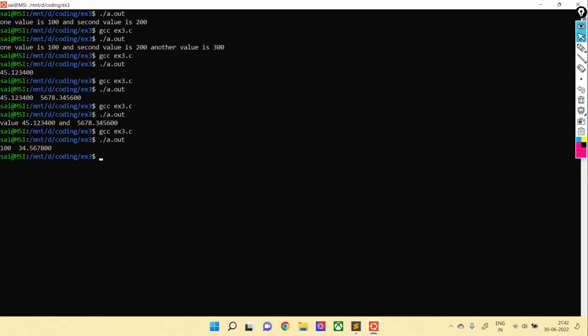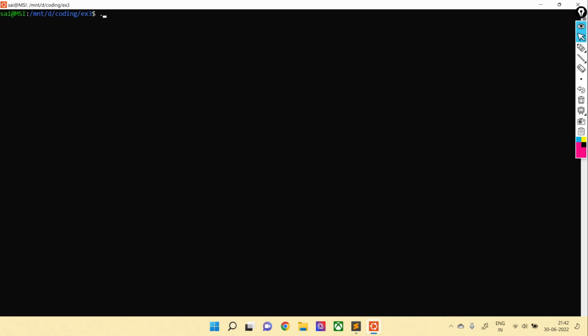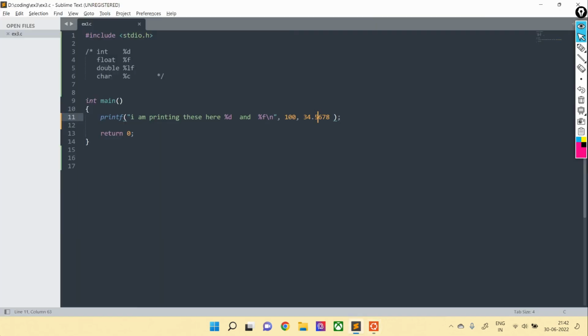Let's predict the output, what could it be. When I launch this executable file, the control reaches to main, then after it will execute the printf instruction, so the output would be: I am printing